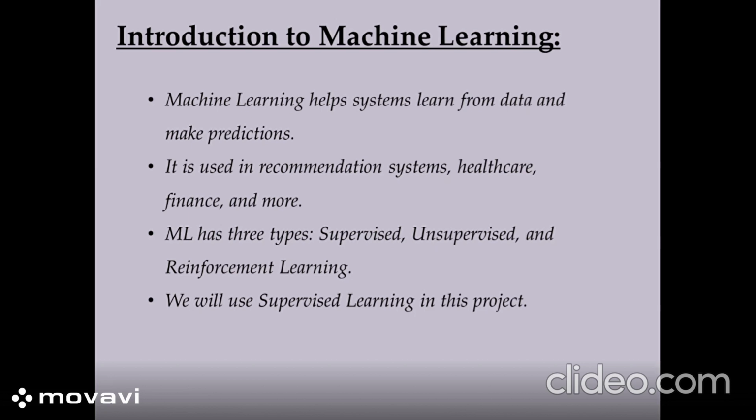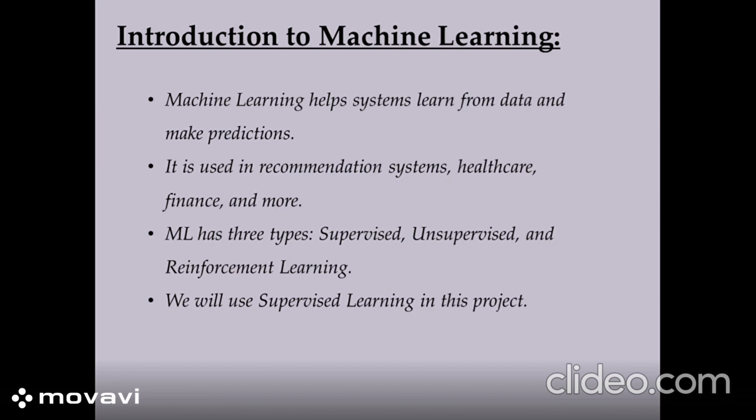Before we dive in, let's refresh what machine learning is. Think of it like teaching a child multiplication. At first, you give them examples like 2 into 3 is equal to 6, 4 into 5 is equal to 20. Later, they can solve new ones like 9 into 7 on their own. That's supervised learning, learning from examples. Machines do the same. We give them past data, they find patterns, and then they can predict new outcomes.